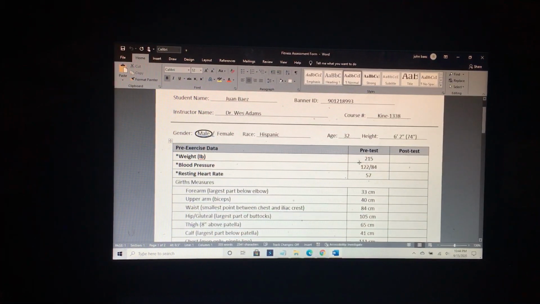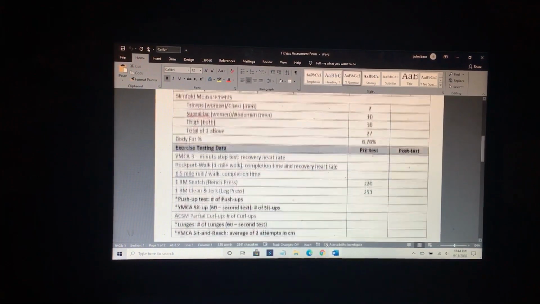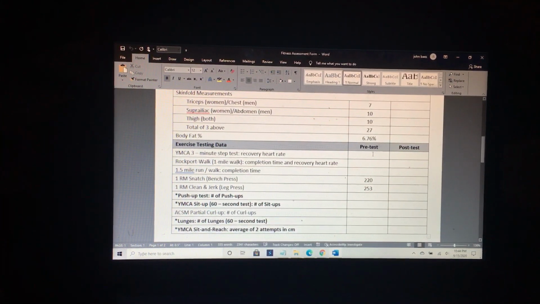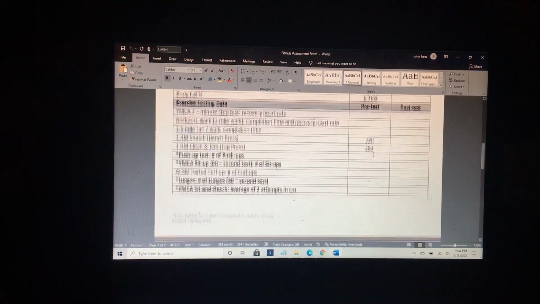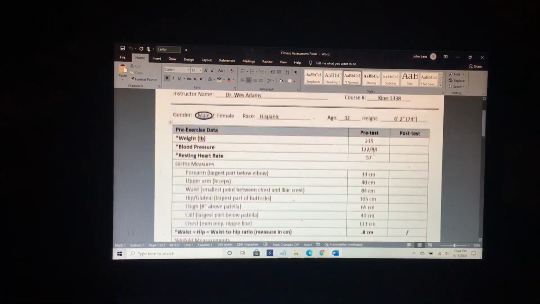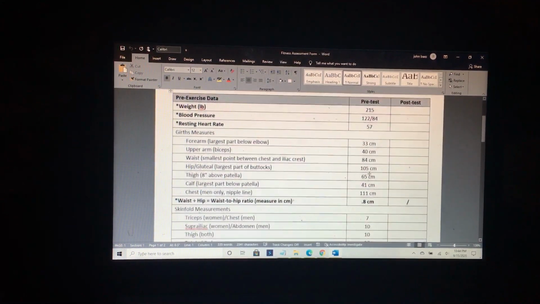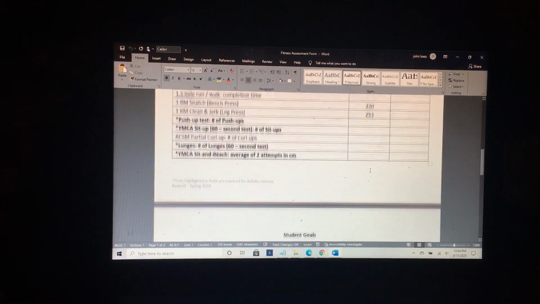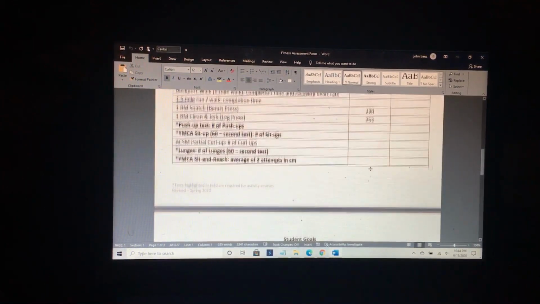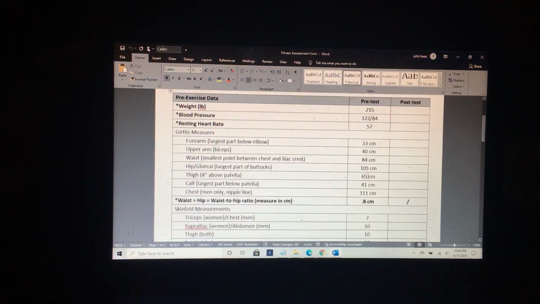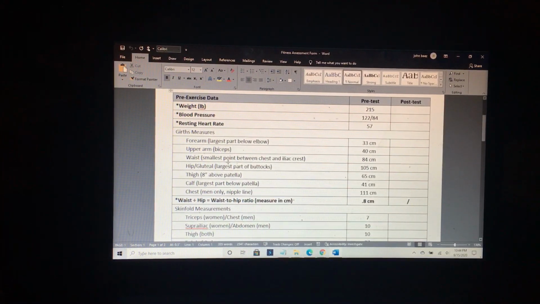Let's see. This right here is all my information, by the way. I approve my information being shared on YouTube. That's one thing to keep in mind: making sure that you have permission from your clients before you share their information, if you ever have to share it. Privacy is important. So as soon as you gather the non-physical information,